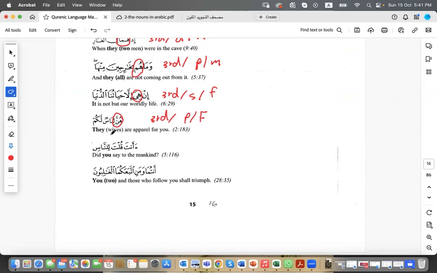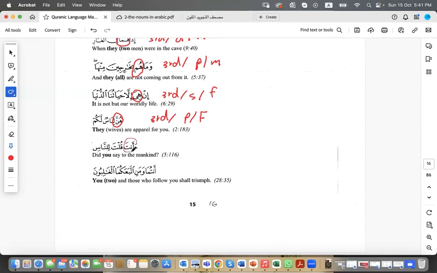So "they," but it is because of how it looks. I mean, it's hunna. We know that it is referring to a group of women, only women. They are here for you, and the ayah was talking about wives in general. طيب, أنت